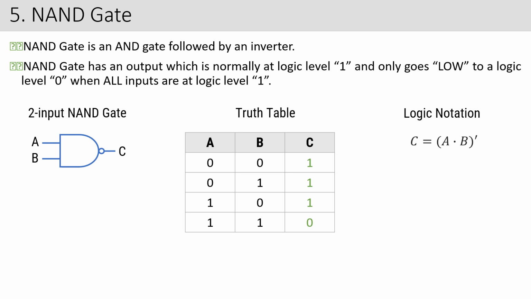Sorry, for 0 1, when you are talking about the AND gate, 0 1 is 0. But when you are inverting it, it will become 1. For 1 0, it's 0, inverted becomes 1. And for 1 1, the AND gate gives 1. So when that 1 is fed onto the NOT gate, you are not going to get any output. So 1 1 gives 0.